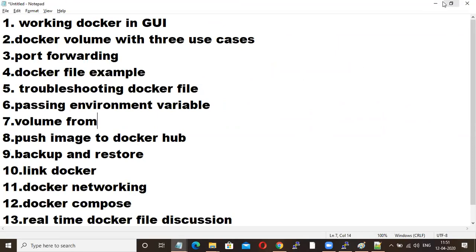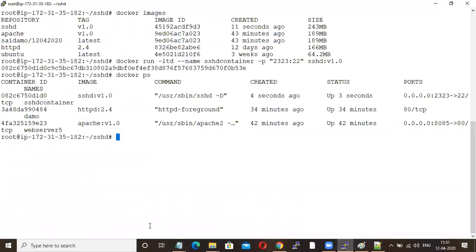Any doubts in this? Only two or three people are fine.